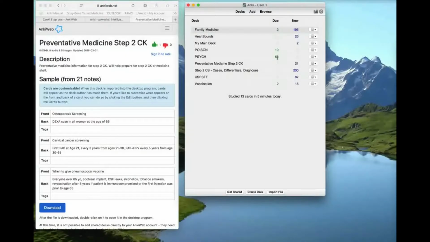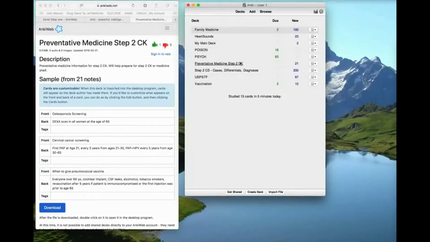And green here means these are cards that I have already learned, meaning I have gone through them, I've seen them before, and I've reached the point where Anki thinks that I know these cards well, and this is just telling me that it's bringing them back into my fold. It's saying, okay, these two cards in this family medicine deck here, you've already learned them, but it's time to see them again because you haven't seen them in a while. These new ones here, there's a setting that I probably have on that says that every day I want to do 195 cards from this deck. That's a lot, but